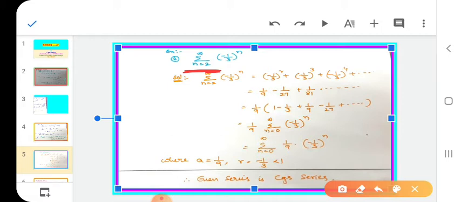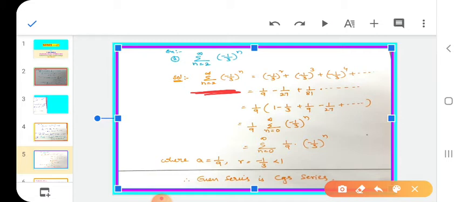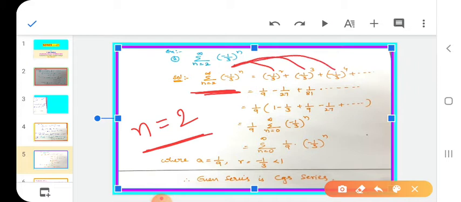So we have to change this summation n value from 0 to infinity. See here. Let the given series be summation n equals 2 to infinity of minus 1 by 3 whole power n. Now I write all the terms in this series. First I put n equals 2, because n starts from 2 to infinity. We write minus 1 by 3 whole square, after 3 minus 1 by 3 whole cube, after 4 minus 1 by 3 whole power 4, up to infinity terms.